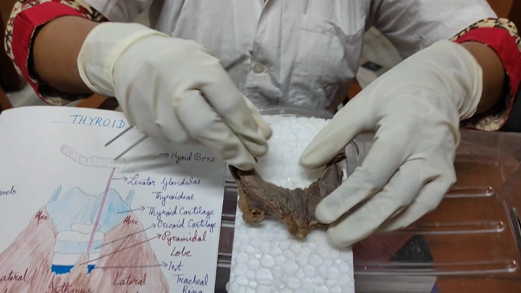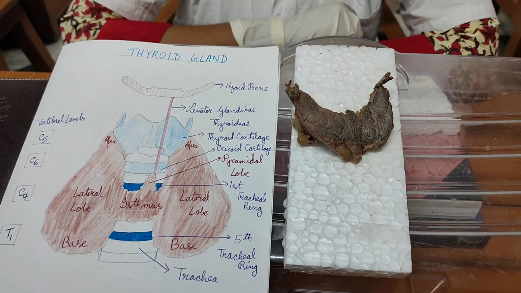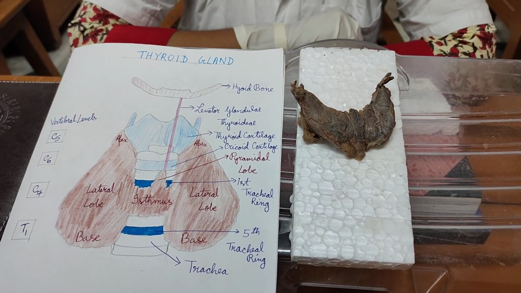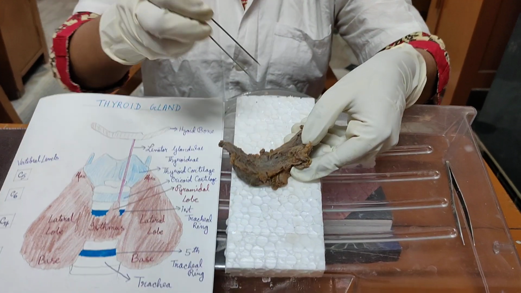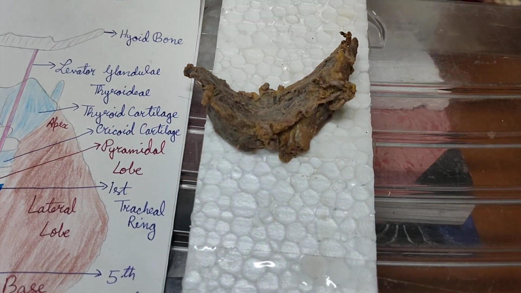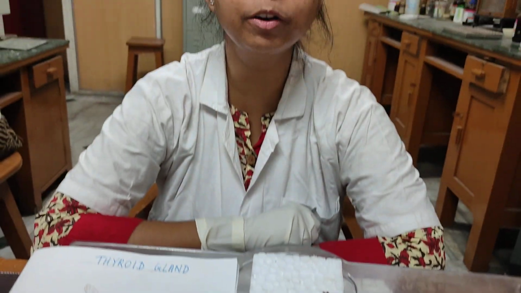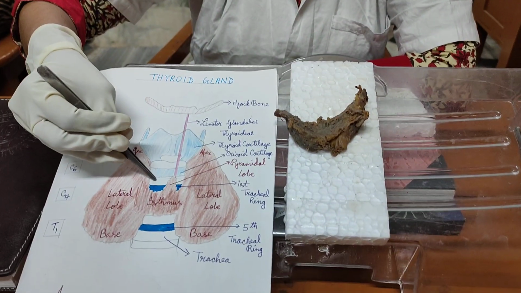The thyroid gland is enclosed by a true capsule and a false capsule. The true capsule is formed by the condensation of the fibrostroma. The false capsule is derived from the pretracheal layer of deep cervical fascia. The false capsule is thickened on the medial portion and it leads to the formation of the ligament of Berry, which connects the lobe to the cricoid cartilage.